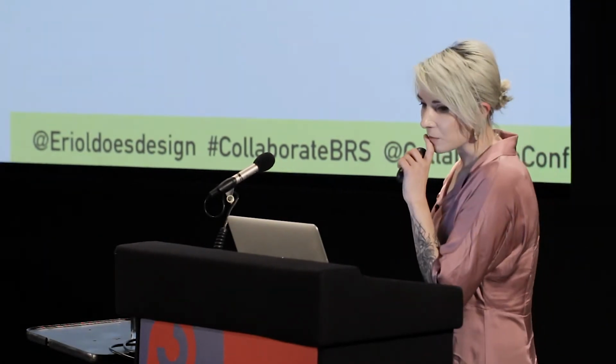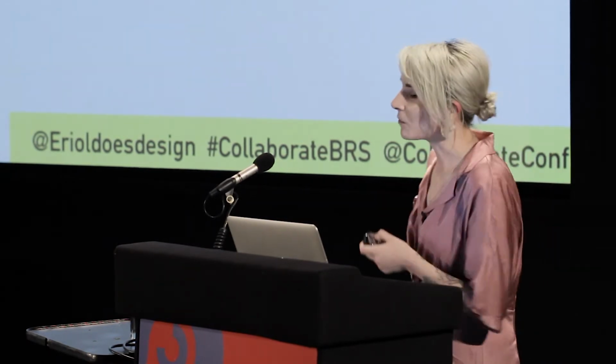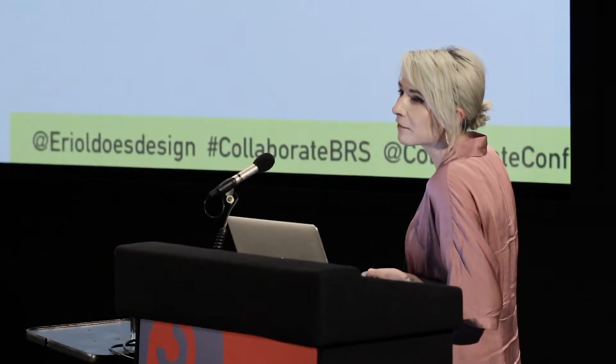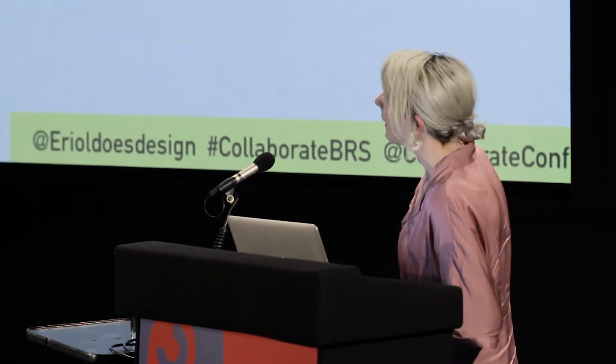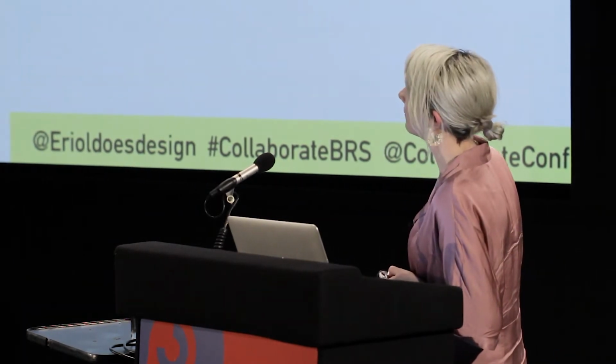So I'm going to go into UI because I'm not actually sure how much time I've got left. So we're going to go through some UI. This is an example of a very awkward conversation from a company that I used to work at that is a student accommodation service. They had a part of their buying a room in a flat where you had to indicate your gender. And the options that you get are male and female, not specified, the third gender, the mystical third gender of not specified.